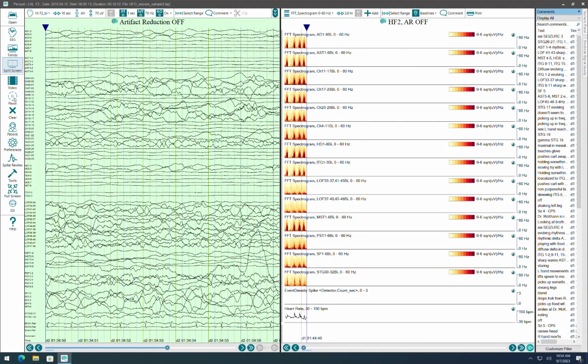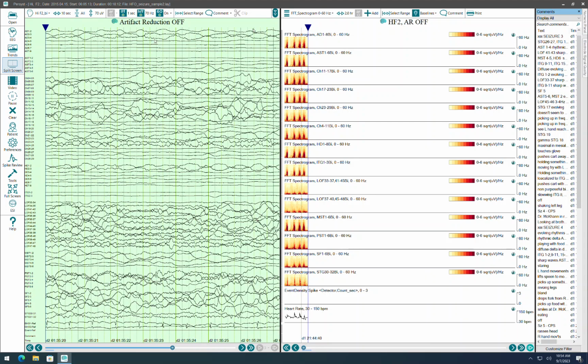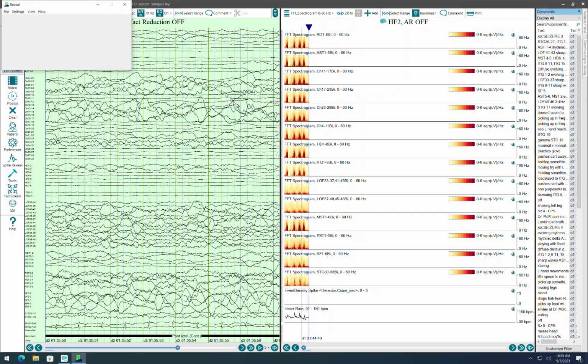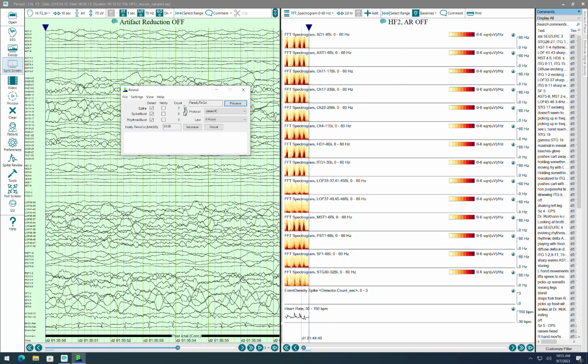And this is almost finished. Actually, I'll just pause it where it is because we could do this configuration anytime. I'm going to click the Tools button here, go to Spike Detection. And I'd already configured an intracranial, but let's start with what it would display normally, which is the default scalp, even though Persyst is deprecated for scalp. That's the default setup. So we're going to go into settings and protocol, and we're going to configure it to